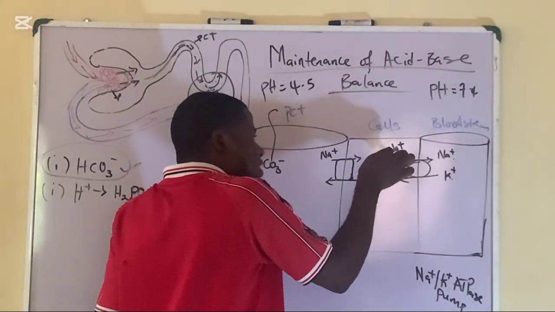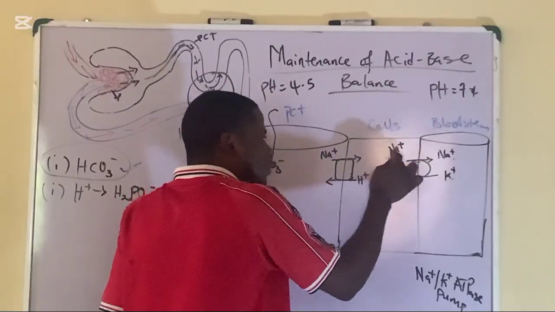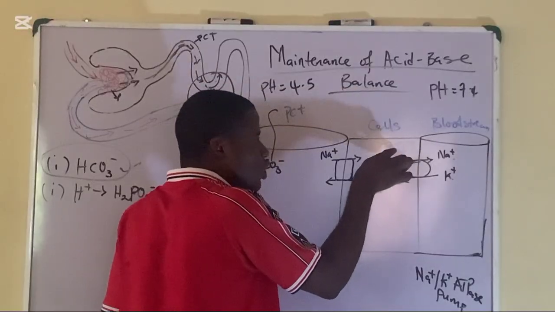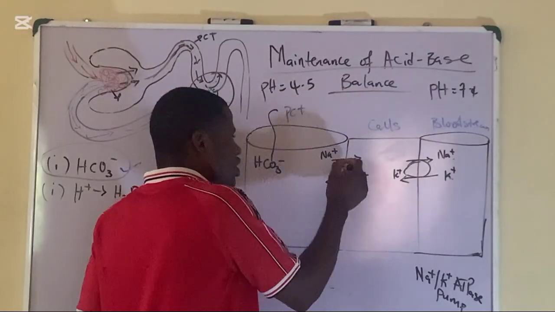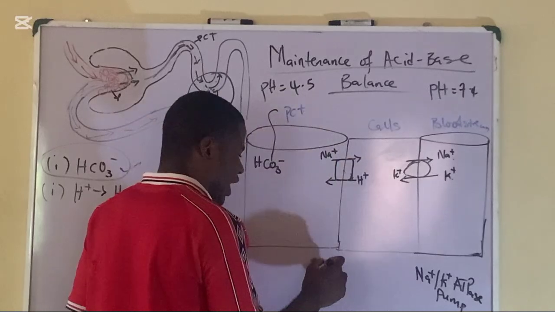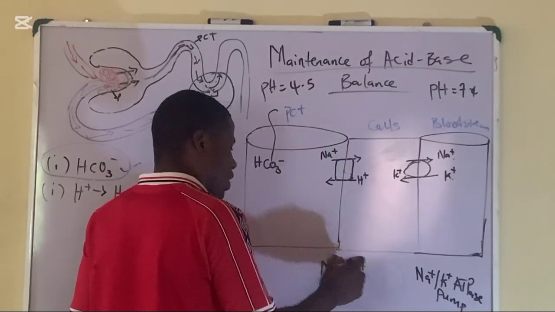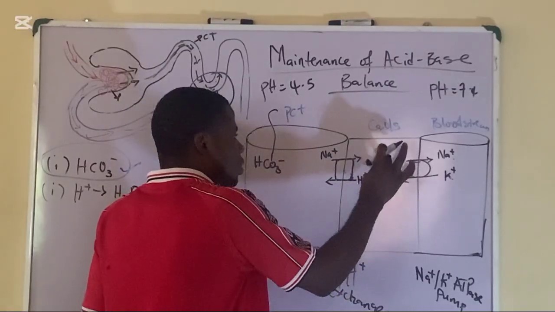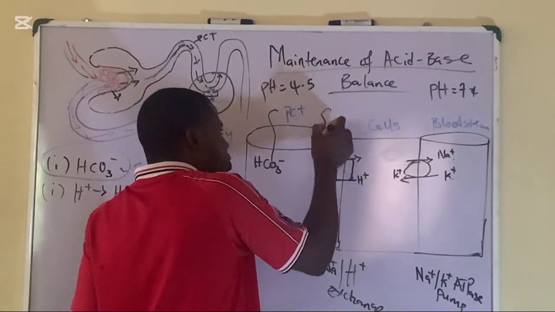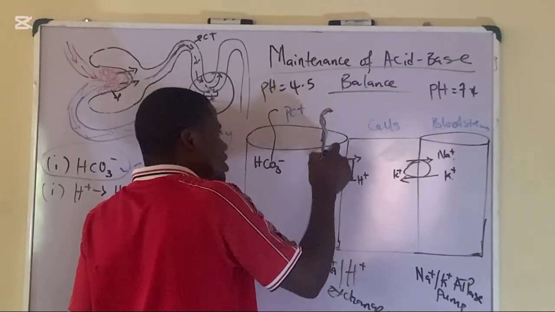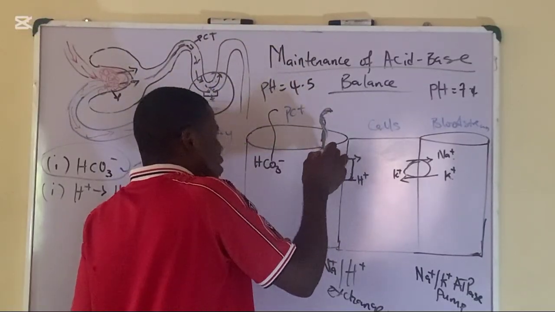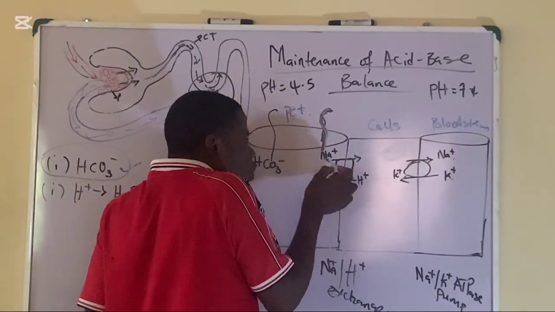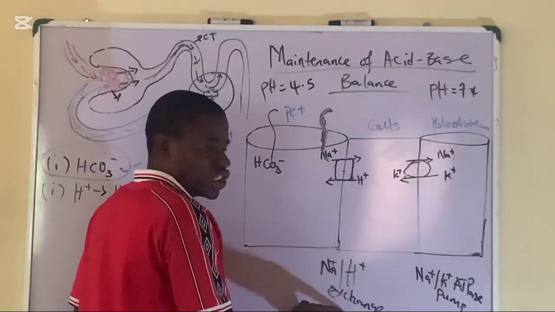Now, remember that I said sodium left and entered the bloodstream, so there is no more sodium here. Anytime the cell becomes deficient of sodium ion, this one that I drew here is what I call the sodium ion hydrogen ion exchanger. You have identified that there is less sodium ion here. Sodium ion is one of the things that the kidney filters as well. It passes from the proximal convoluted tubule through the sodium ion hydrogen ion exchanger